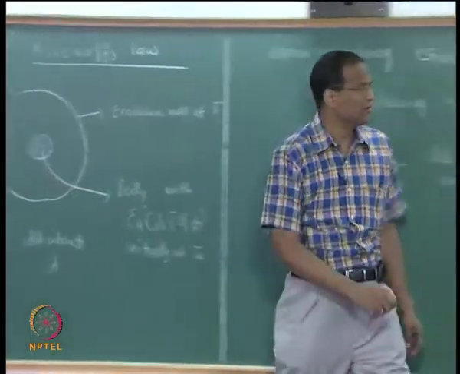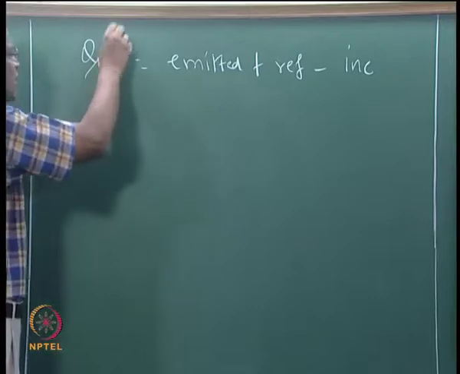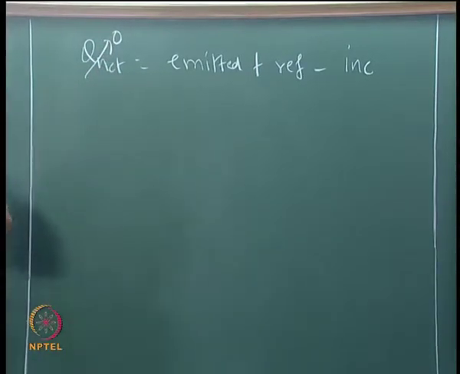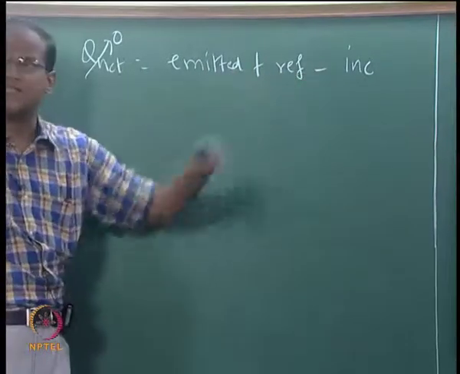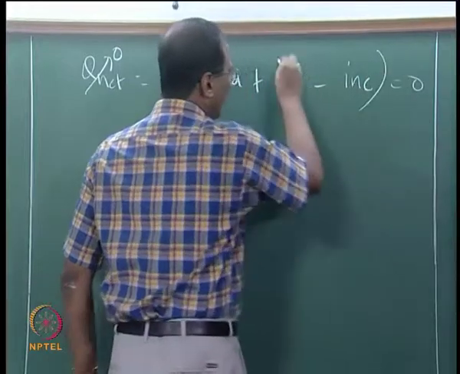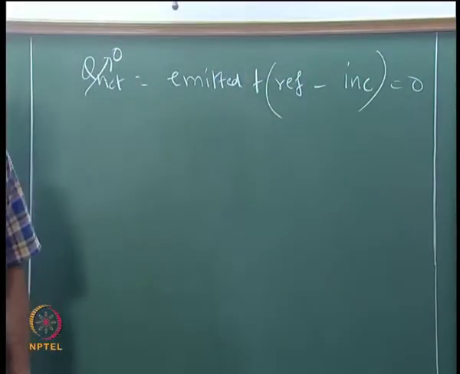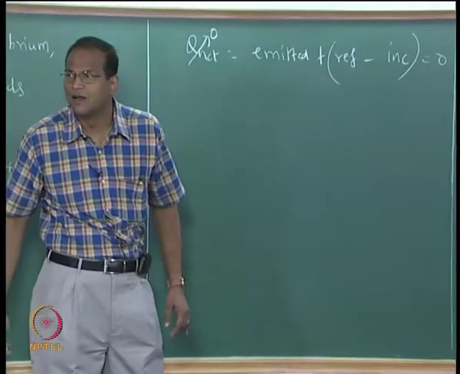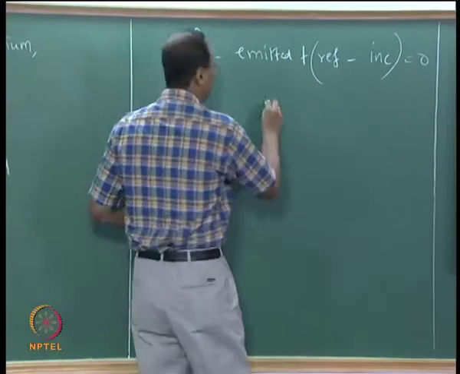Q net must be zero, because if Q net is non-zero, its temperature has to decrease or increase with time. Therefore emitted plus reflected minus incident equals zero, that is, emitted equals incident minus reflected, if there is no transmission. Therefore